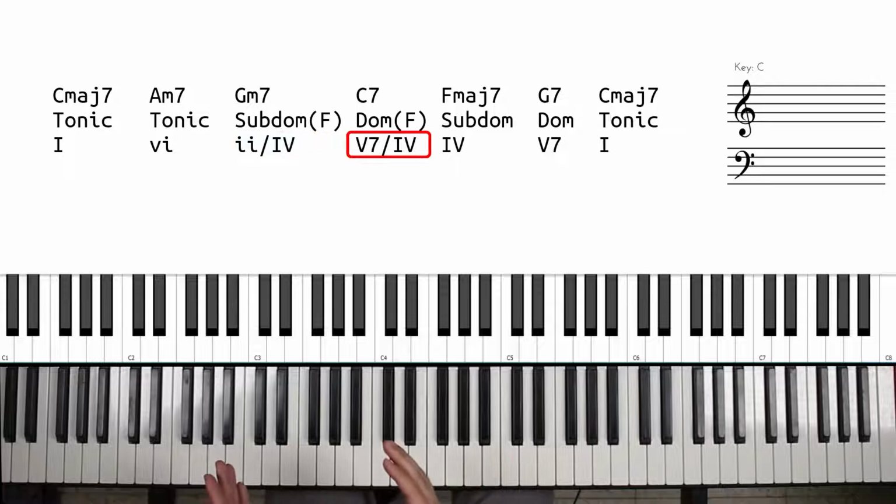Similarly, the 5/4 means take the target 4 chord in the current scale, construct its associated major scale, which is an F major, and play the dominant 7th chord built on the 5th degree in that scale, which is a C dominant 7. Just to show you how universal and powerful the idea of tonicization is, let's use it